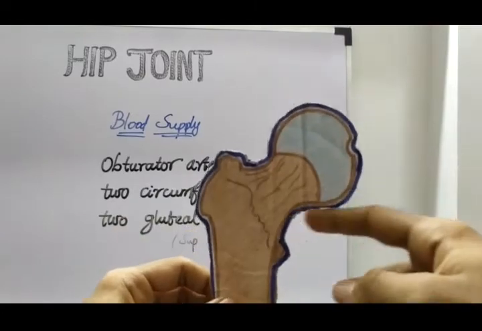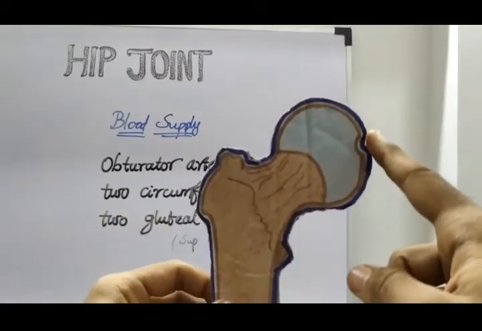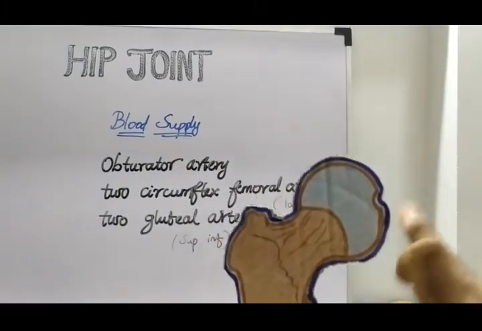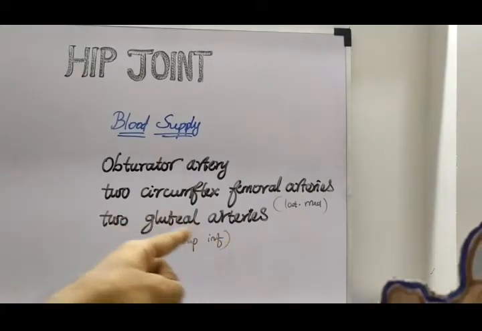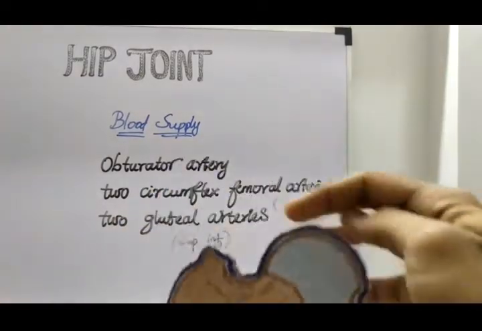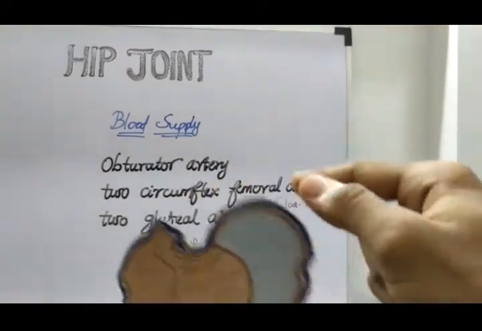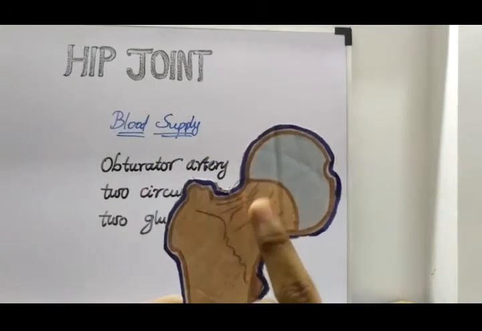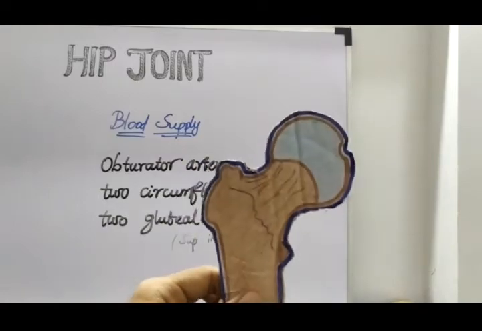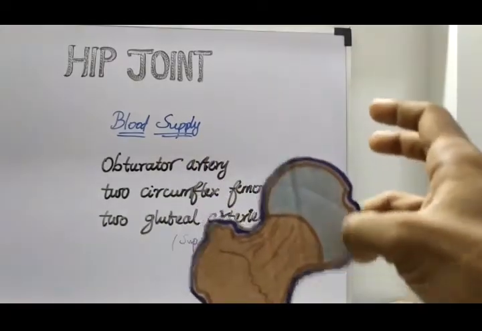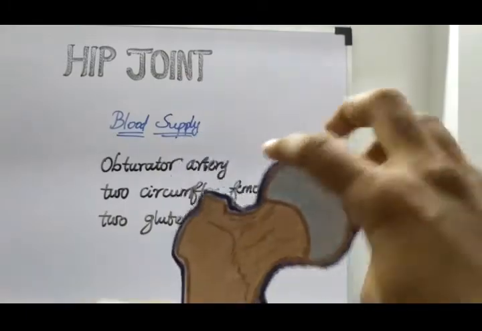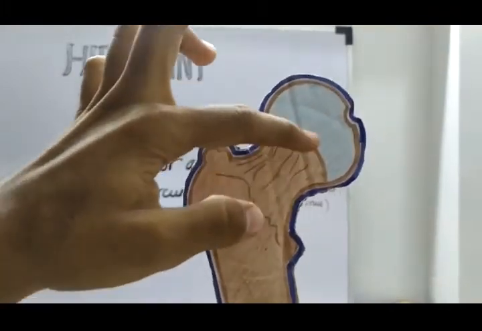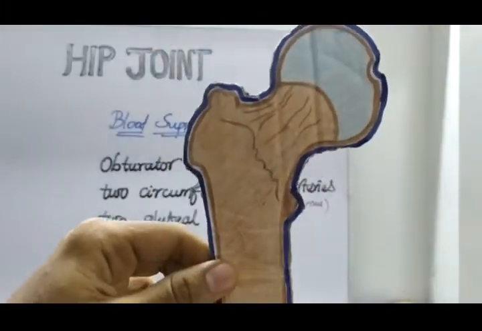So here you will be having the capsule we saw in the ligament sections, right? The capsule surrounds it, and attached to the capsule are the lateral and medial circumflex femoral arteries. Those arteries will form an arterial circle around the capsule, and it gives off retinacular branches to the neck and head of the femur. I am repeating again, around the capsule the two circumflex femoral arteries, lateral and medial, form an arterial circle which then supplies the head and neck of the femur through its retinacular branches.